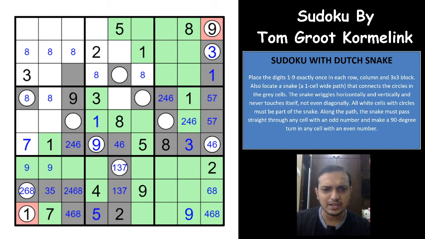And these are the endpoints, so you cannot have a snake cell going inside and coming outside within this small area. It is not possible here, right? So which means that this would have to be an endpoint if that's the case, right? This would have to be an endpoint, not possible here. So this cannot be a snake cell now, so this would have to be a snake cell. And whatever be the case, this would have to be a snake cell, right? You cannot have a branching off, so this would have to be a snake cell now, which gives you a snake cell. This has a snake cell because the 3 makes the path go straight, right?